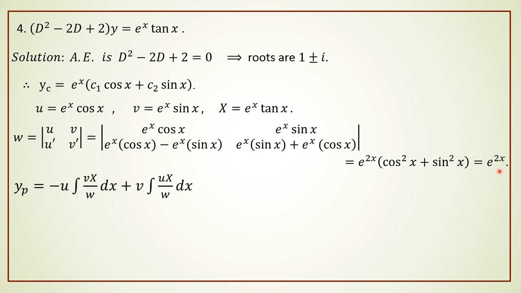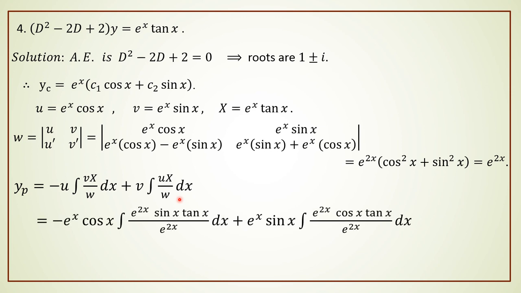So let me find the particular integral now. The particular integral yp is given by minus u into integration of v into X divided by Wronskian with respect to x, plus v into integration of u into X divided by Wronskian with respect to x. Now just substitute u, v, capital X and Wronskian over here so that the above equation reduces to the form